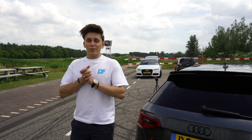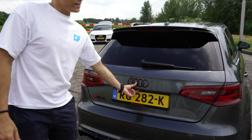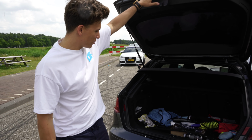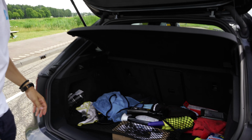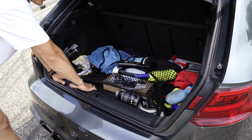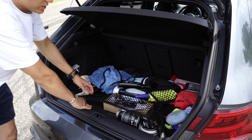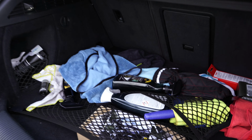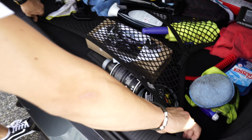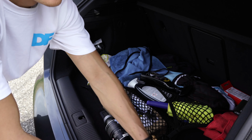Okay, so let's check out the practicality of the Audi RS3, and I actually already saw that the car is full of car cleaning stuff, as you can see right here. So as you can see, the boot is actually pretty big. It's like 400 liters, and here we have a storage net just to keep all these parts nice and tidy. And if we unnet this thing,